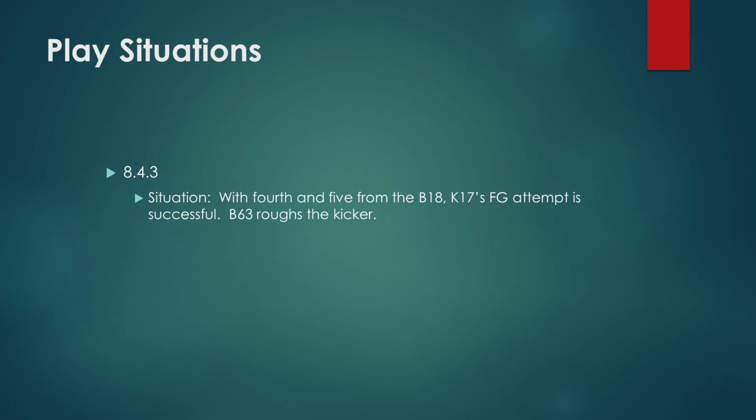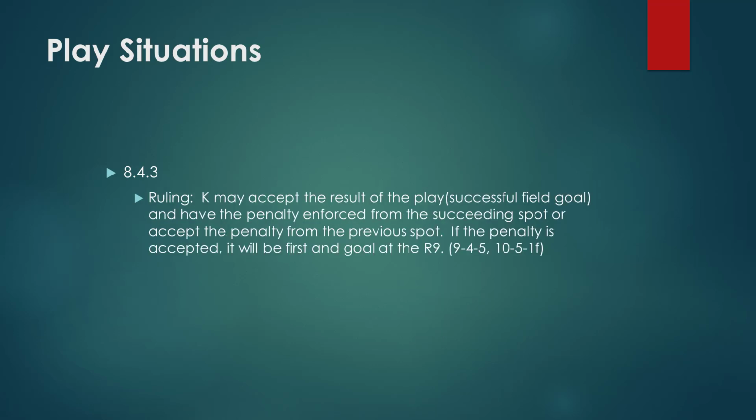Situation 8-4-3 with 4th and 5 from the B18, K17's field goal attempt is successful. On the play, B63 roughs the kicker. Team K may accept the result of the play, which is a successful field goal, and have the penalty enforced from the succeeding spot, or accept the penalty from the previous spot. If the penalty is accepted, it will be 1st and goal at the R9, and your references are 9-4-5 and